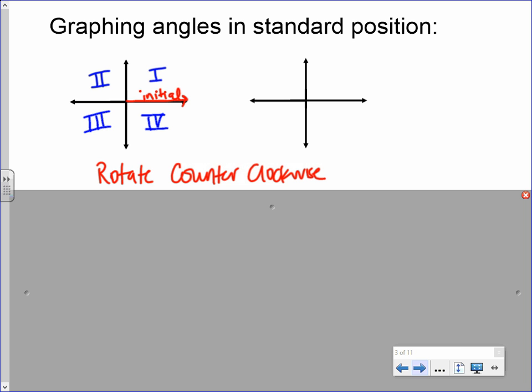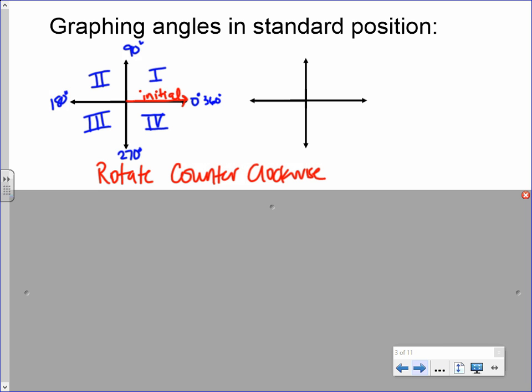If we are measuring in degrees, if we do not move at all, that would be 0 degrees. But as we rotate counterclockwise, what would this measure right here be? 90. What would this measure here be? What would this measure here be? 270. And then we could rotate all the way back to